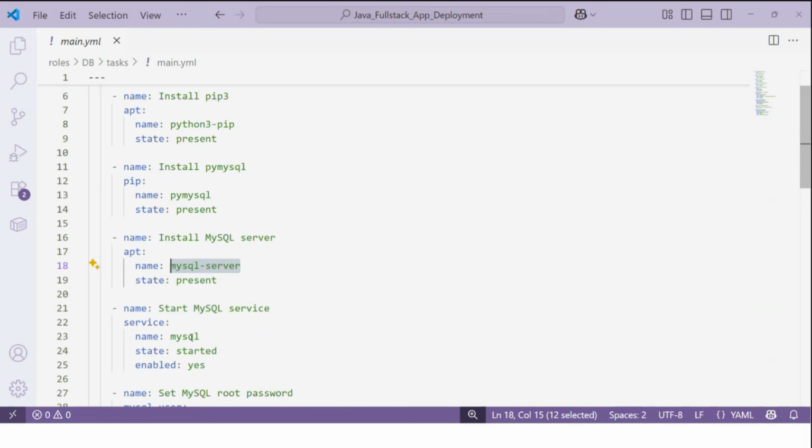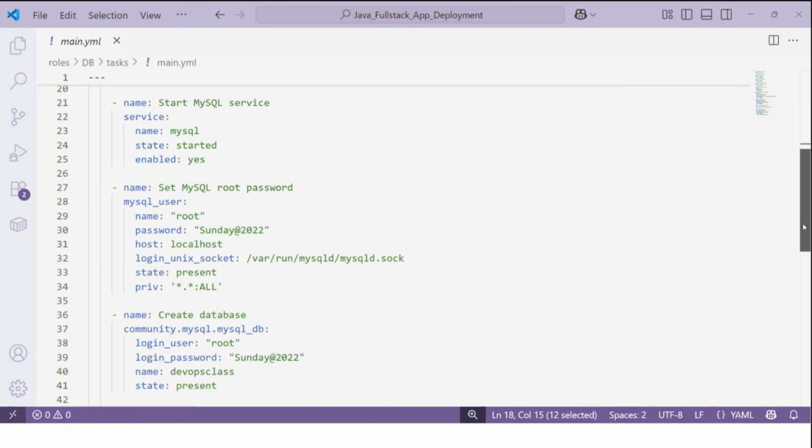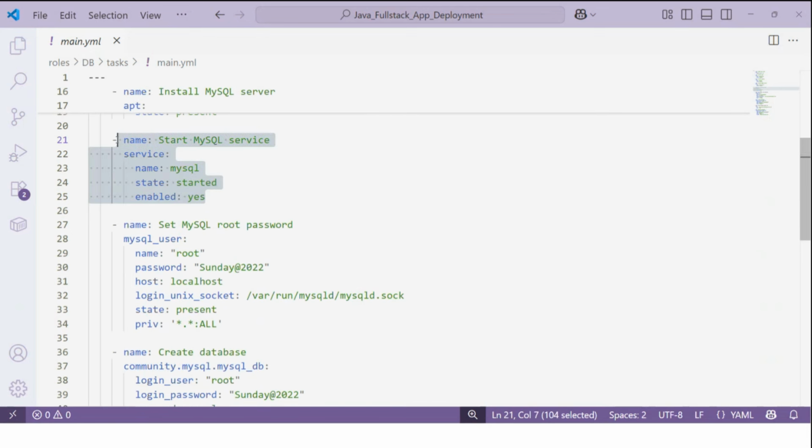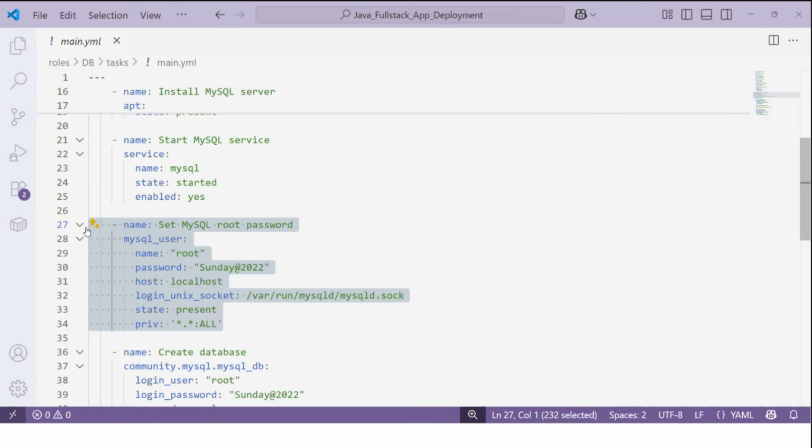After that, we are starting the MySQL service. So the database service, we are starting it over here. Once it is started, then we need to change the MySQL root password. So the MySQL root password needs to be changed. For that, what we are using